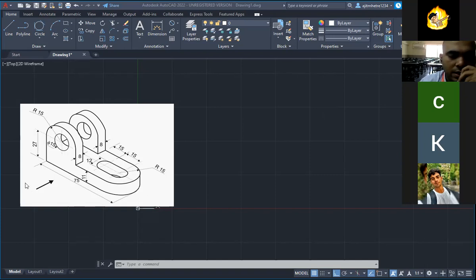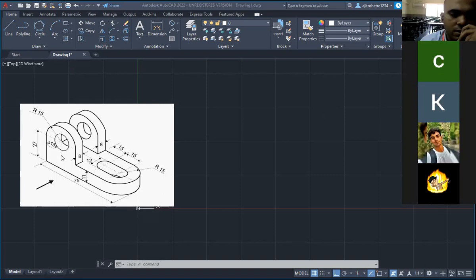Now, when you are standing here, whatever you are able to see in front of you is said to be the front view. When you are standing here and whatever you see in front, that is said to be the front view. What do we call it? Front view. Okay. Now, by standing here, when you see from the top,